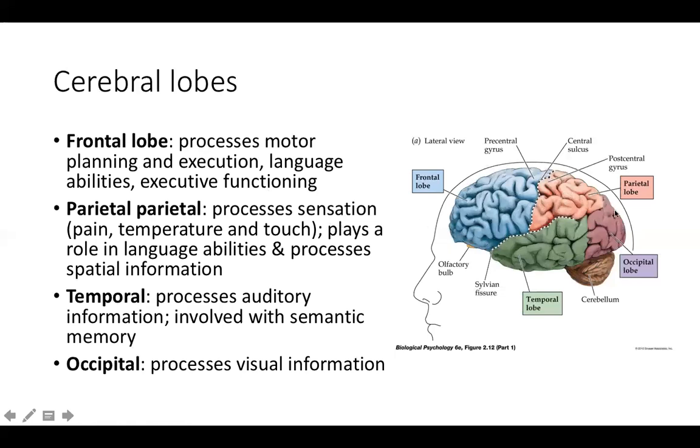Another region, the third of the four that I'm going to be discussing, is the temporal lobe. And here we have that in green. This region is highly involved with processing auditory information, as well as involved with semantic memory. And we'll talk about an example of a clinical case where an individual lost a portion of his temporal lobe